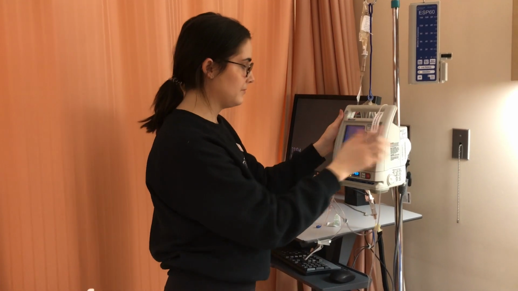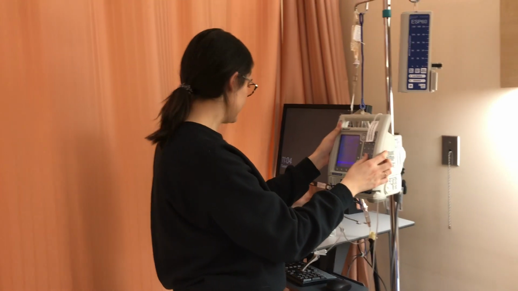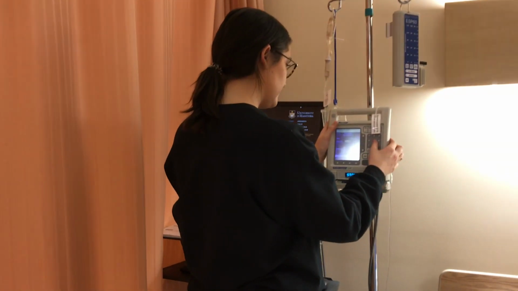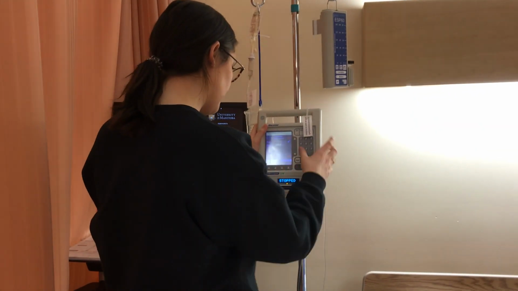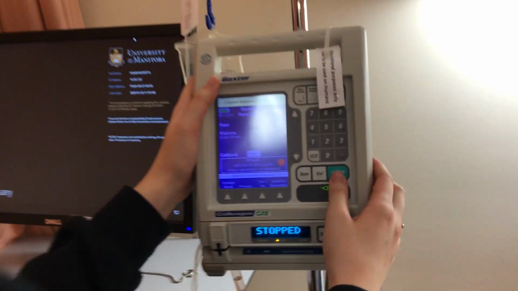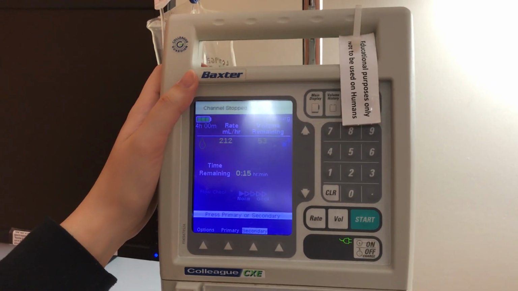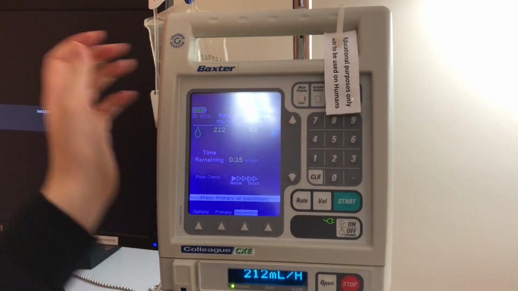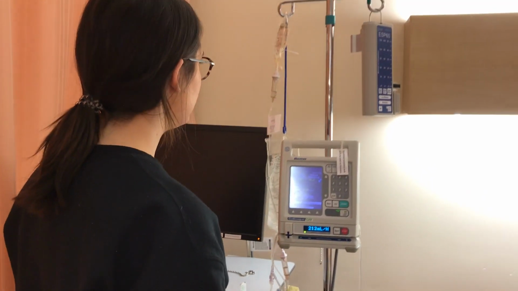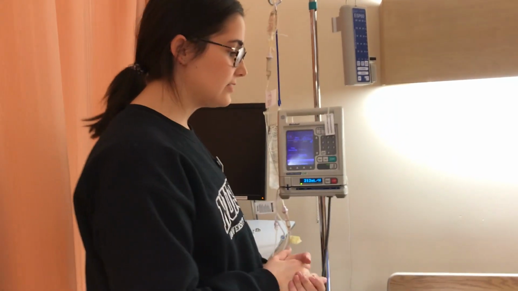And now I'm going to input my information. So the rate that we chose is 112 milliliters per hour. And then our final volume is 53. And I want to call back. So we're going to confirm our secondary here. And we're going to start our IV, and that's 15 minutes. So I'm going to unclamp this and make sure I see 3 drips in the chamber. 1, 2, 3. And I'm going to tell the patient, okay, let me know if you have any of the